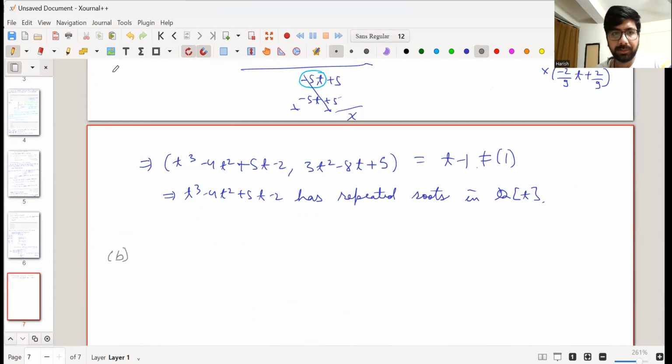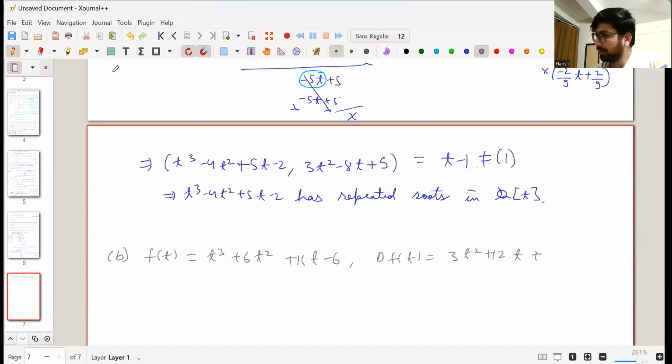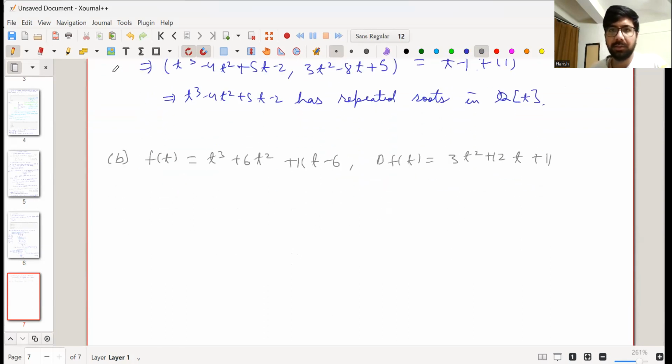So the B1 part: f(t) is t cube plus 6t square plus 11t minus 6, and here you have 3t. D of f(t) is thus 3t square plus 12t plus 11, and so when you divide it with 3t square plus 12t plus 11, you will get that t cube plus 6t square plus 11t minus 6 is